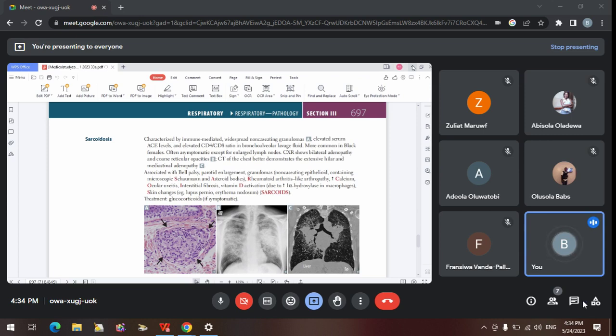So they paint a history of somebody that is having fatigue, dyspnea, weight loss for a long time, maybe some rash, some bone manifestation, and they said they did some lab tests. There's elevated ACE enzyme. Because the person is also coughing, they did bronchoalveolar lavage. They noticed that the ratio of the CD4 to the CD8 cells is elevated.